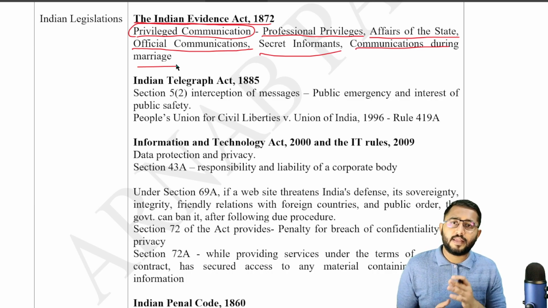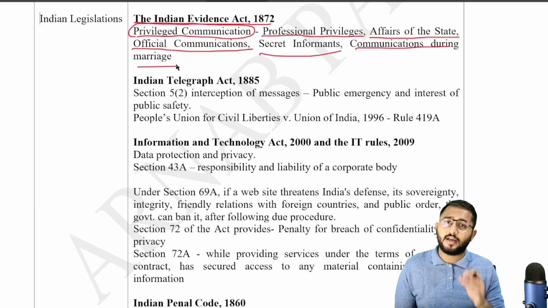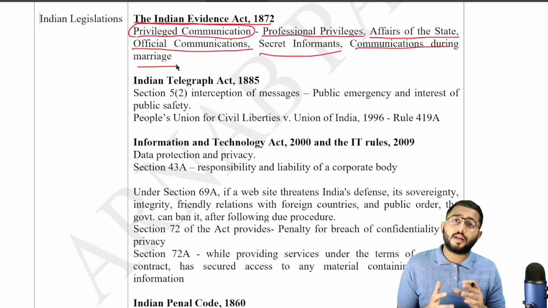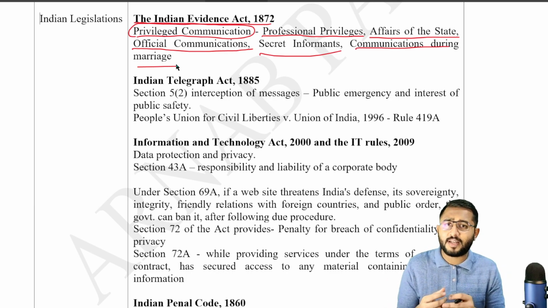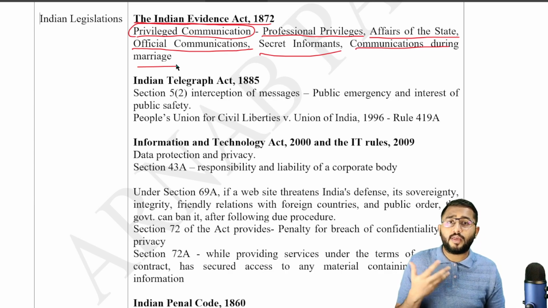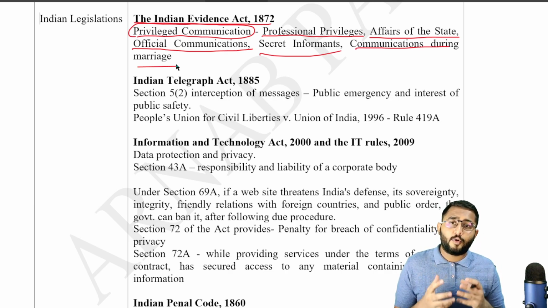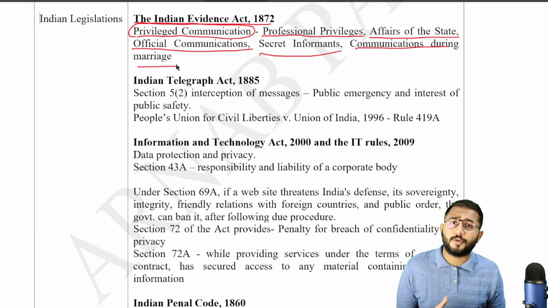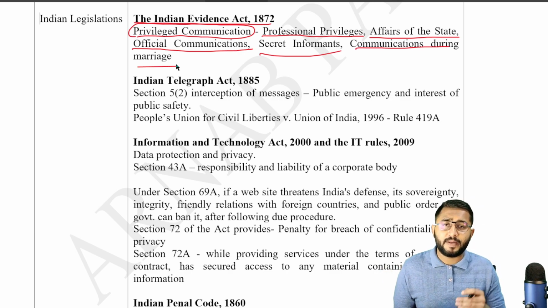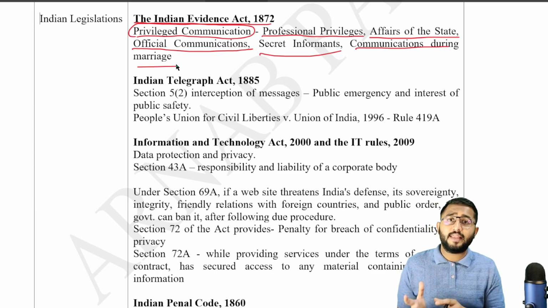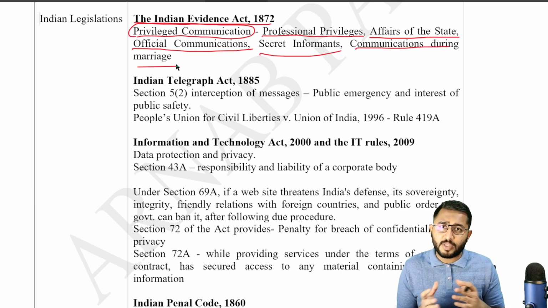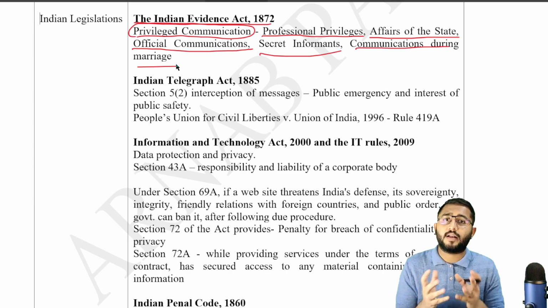इसका कारण क्या है? इन चीज़ों को प्रिविलेज कम्युनिकेशन बनाने का एक ही कारण है, वो ये है कि टू मेंटेन हार्मनी इन द कम्युनिटी such things are important, because if these things are not done, if these information are not kept away from the trial purview, then इसके थ्रू बहुत सारे information leak हो सकती है, बहुत सारे लोगों के ऊपर it might cause a lot of unfaithfulness in the community, be it the attorney-client relationship or be it the informant and police officer relationship, and at the end of the day it might jeopardize marriage. It might jeopardize marriage where a husband and a wife will always have to keep each other in check कि कहीं मेरी information ये बाहर ना कर दे, right?